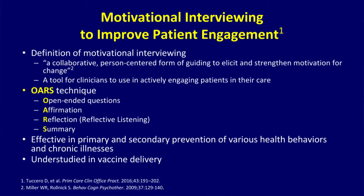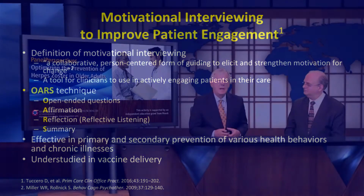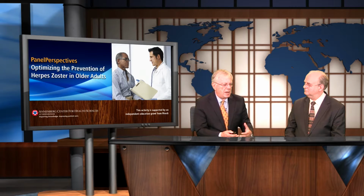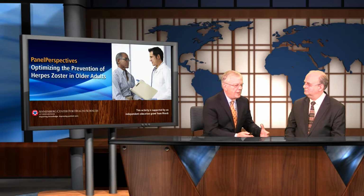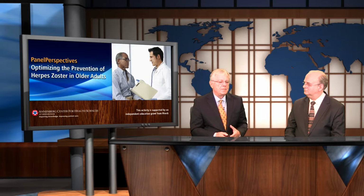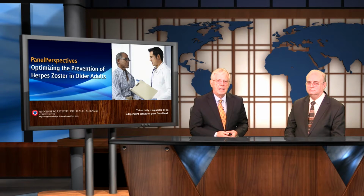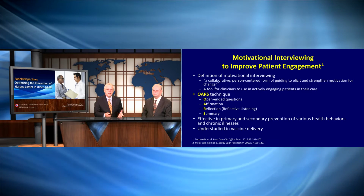It's been around for several decades, but it's interesting, at least our medical school now is starting to adopt it and promote it for our medical students in interviewing patients. But it's a process by which, sort of in an unbiased way, in our dialogue with patients, we encourage the patient to become self-motivated to receive the vaccine, or actually change any health behavior, such as stopping smoking or reducing weight or whatever. And it uses this ORS technique, which is another acronym, and O is for open-ended questions,